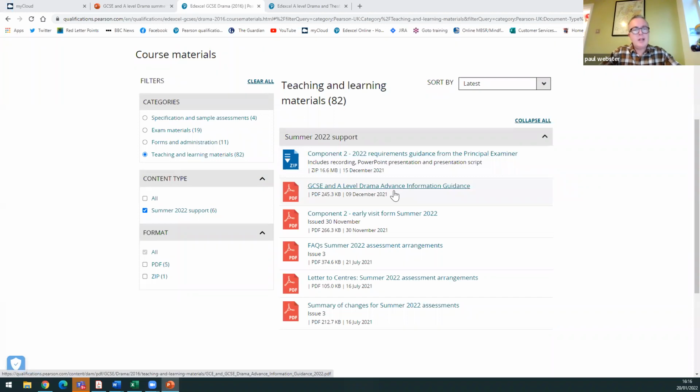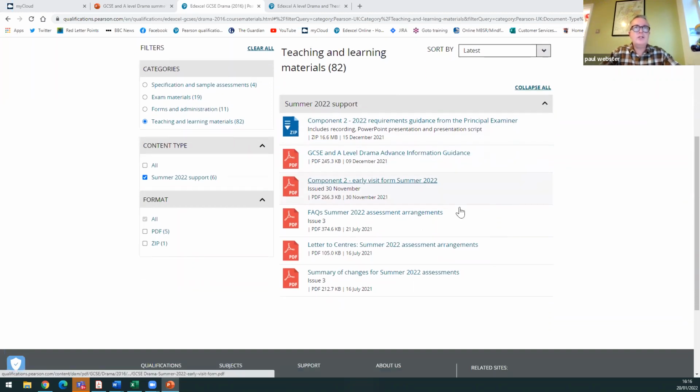The second document is the advanced information guidance, which we're going to go through in a short while in this session. This third document is the early visit form, which is now defunct, but there for your reference. So that was to give people the opportunity to suggest whether or not they wanted an early examiner. There's an FAQ document, which you may find useful, which covers all 3 components.